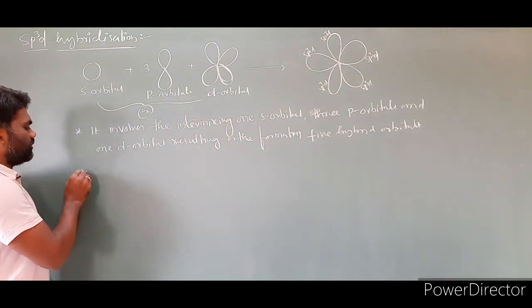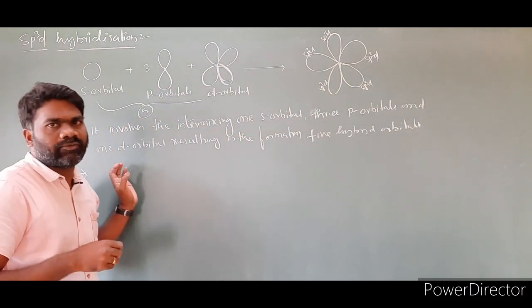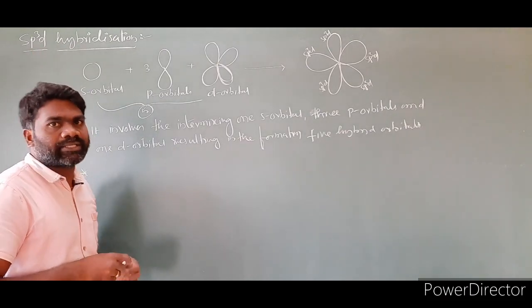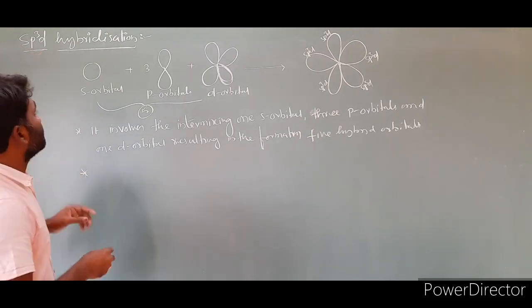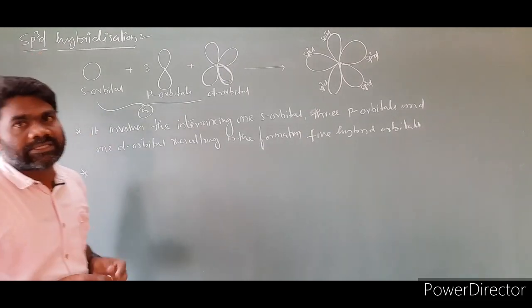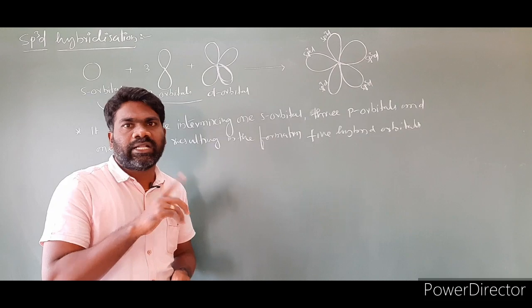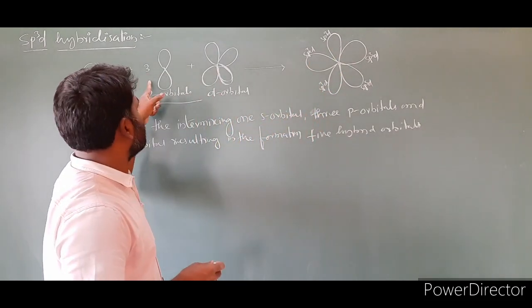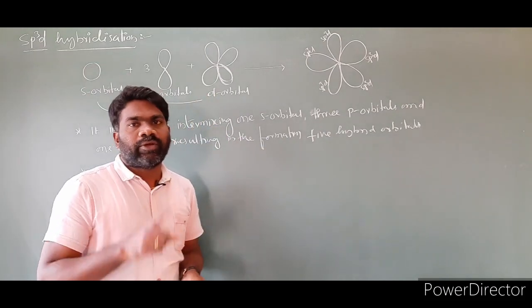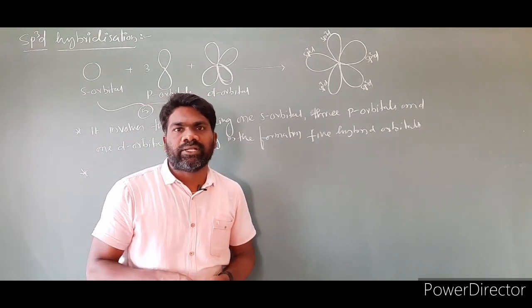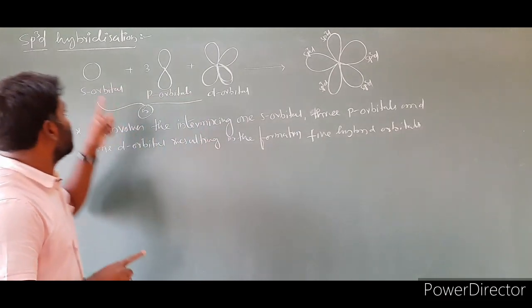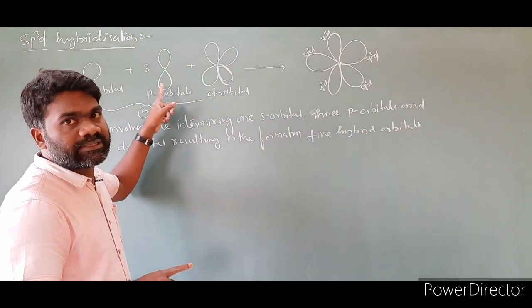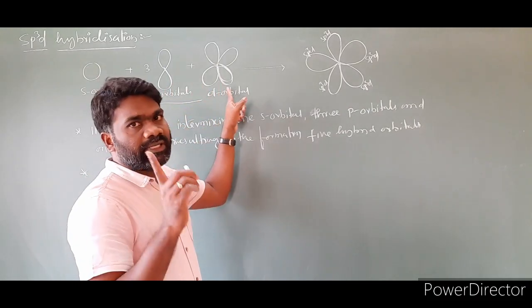Next statement. In total we have 4 statements to write. This is the first one, second one. Now the percentage of s, p, d character in sp3d hybridization. The sp3d hybrid orbitals total 5 orbitals, so we have to take 100 divided by 5 orbitals. 1 s, 3 p, 1 d, total 5. We divide 100 by 5 and get 20% for each orbital. So 20% for the s orbital. Each p orbital is 20%, total 60%. The d orbital is only one, at 20%.